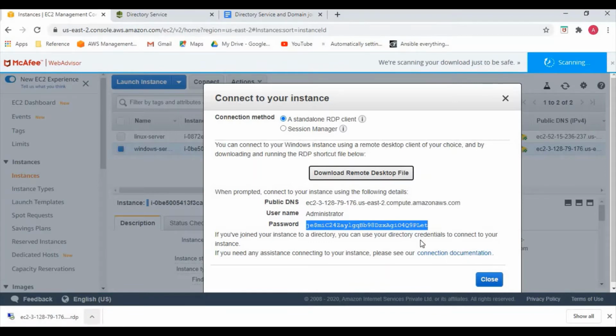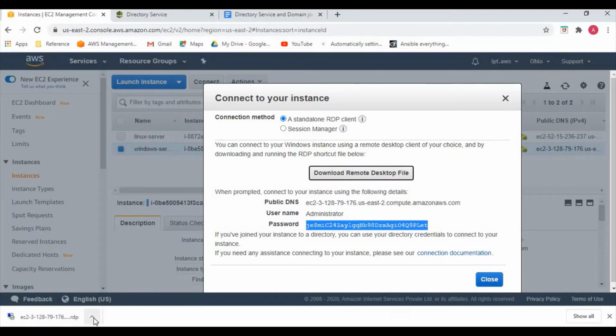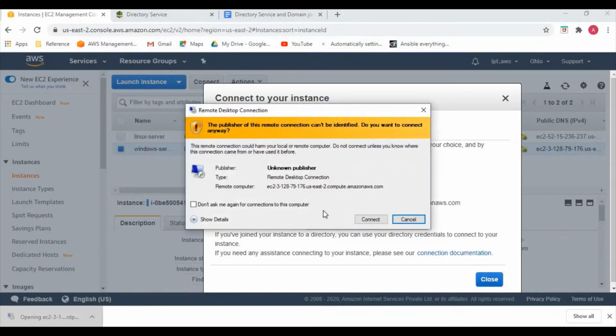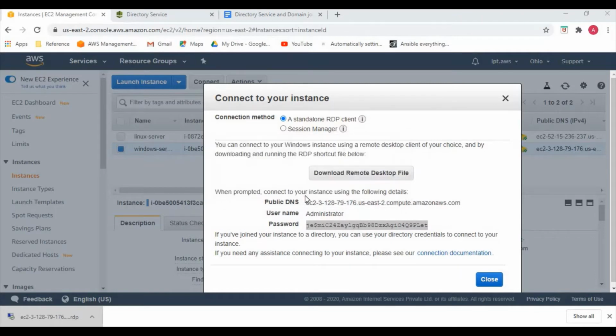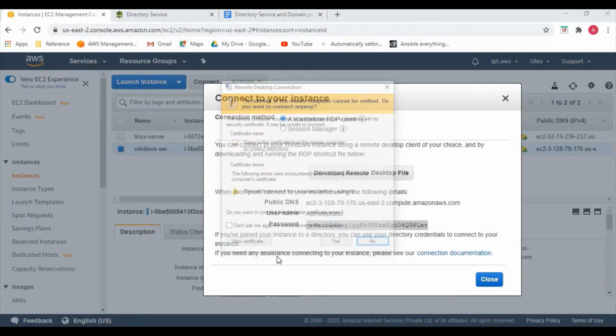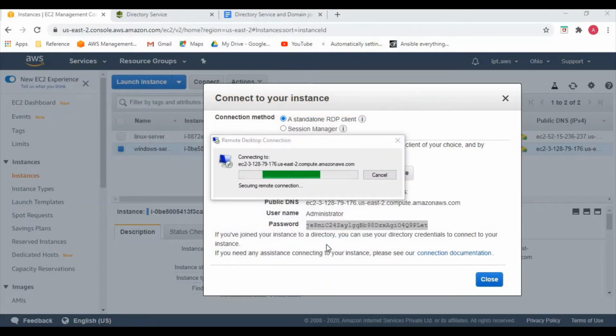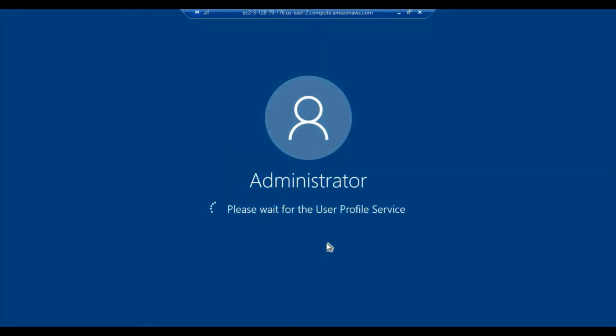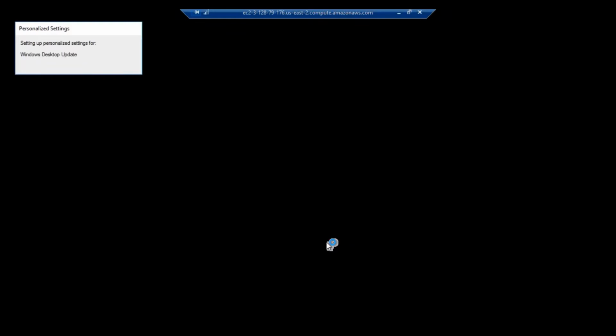So the recommended method is either a PEM file or AD. I'm just connecting to the Windows server. Okay, it's connecting now.